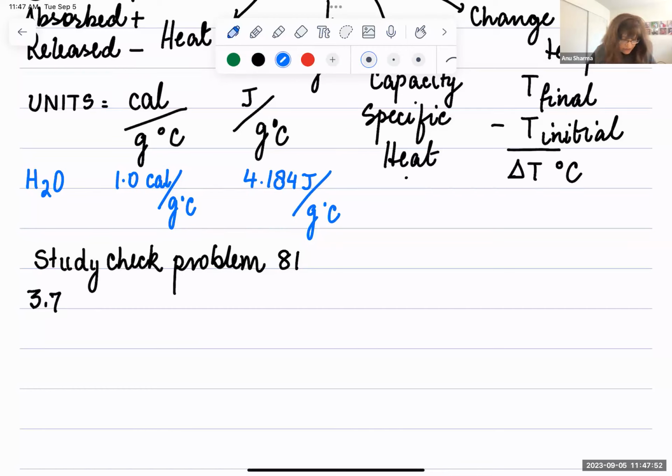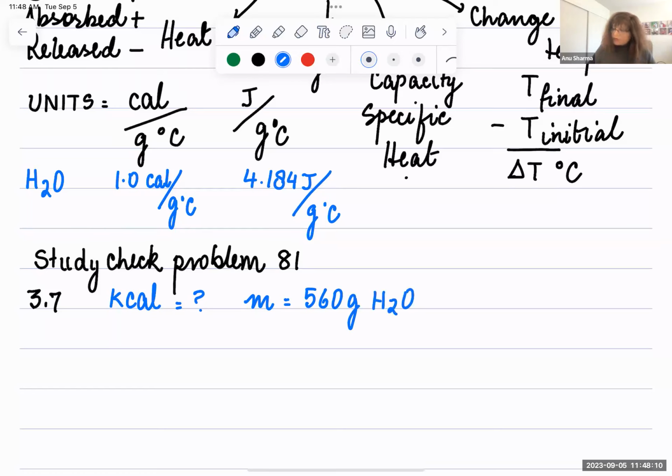Write down what all things are given to you. The question is how many kilocalories are lost when 560 grams of water cools from